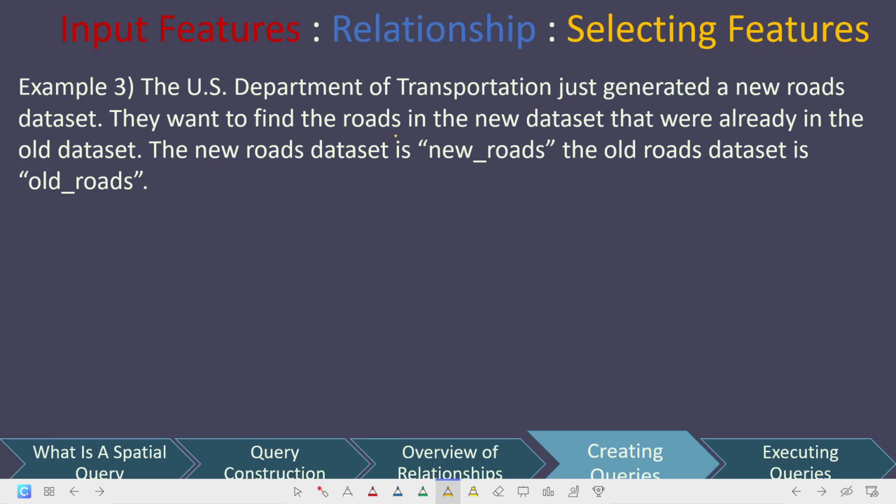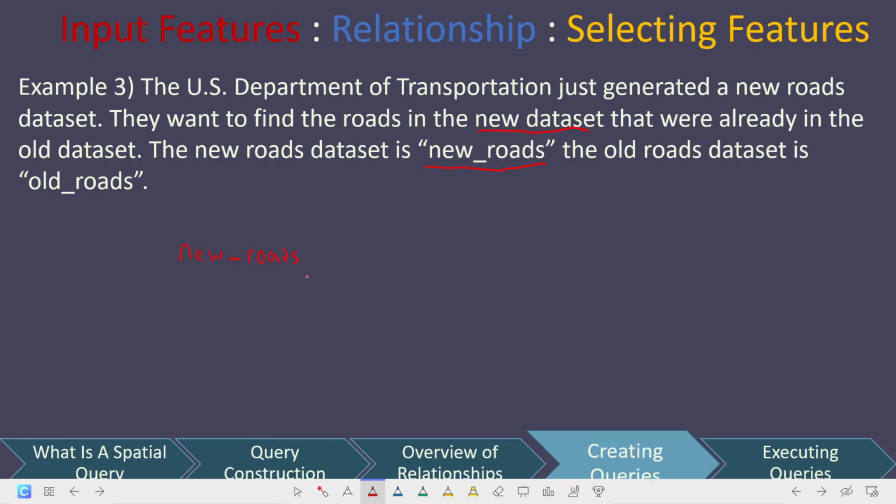Just like before, we're going to start with what are the input features? What are the things that we want to select? Well, what we want to select is roads in the new data set. So we want to select from the new roads data set. So we want new underscore roads. And again, in this case, there are actually a couple of options for the relationship, but